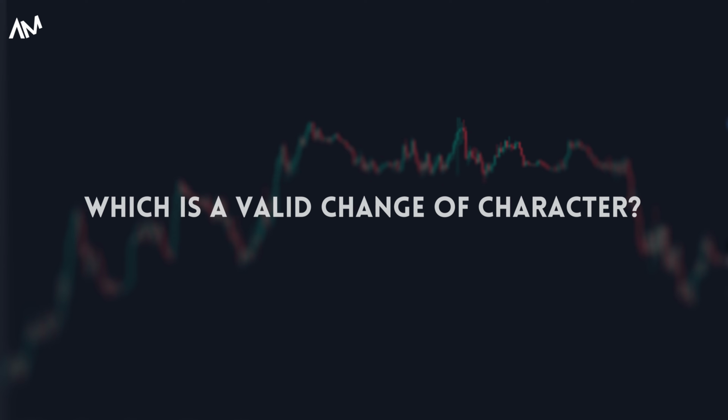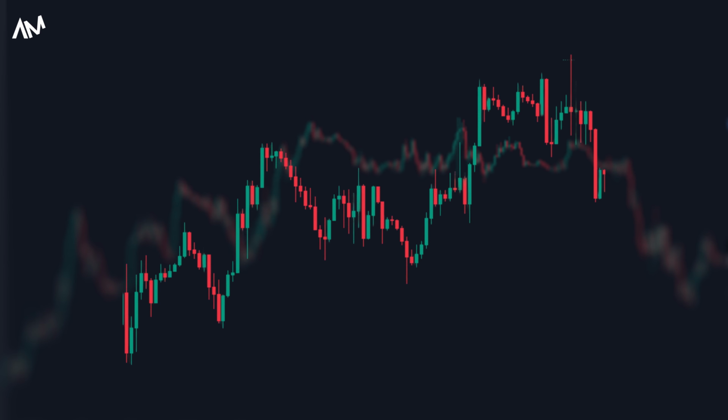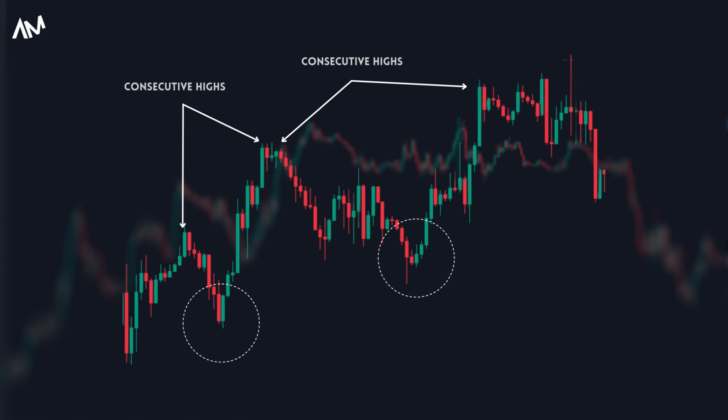To identify valid changes of character, we must first identify the swing lows. In the bullish scenario, the lowest point between two consecutive highs is the swing low. These are our two consecutive highs, and the lowest point between these two highs will be identified as our swing low. As long as the price remains above this level, the market is considered bullish, and we should only look